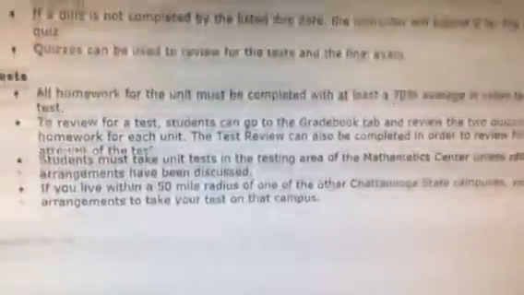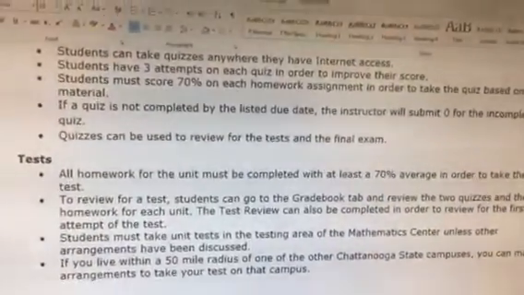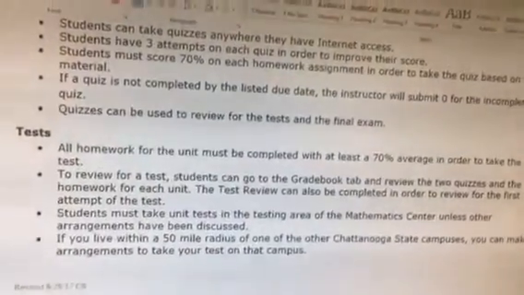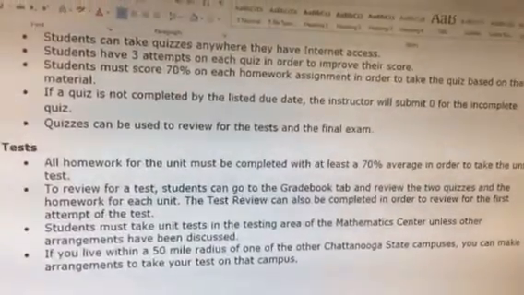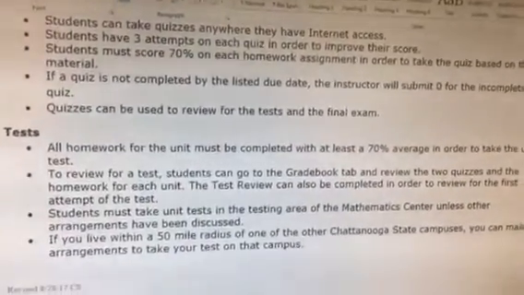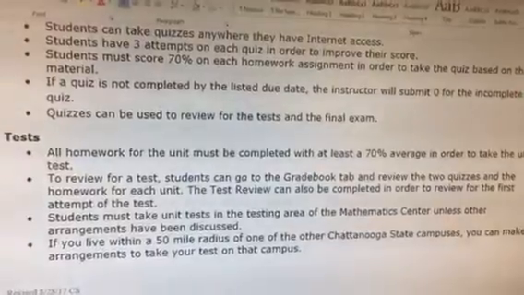Now the test, you have 2 attempts on each test. You have to make 70 on all the homework in order to take the test. If you miss a quiz, that's not going to stop you from taking a test, but that's going to lower your grade. As far as testing,